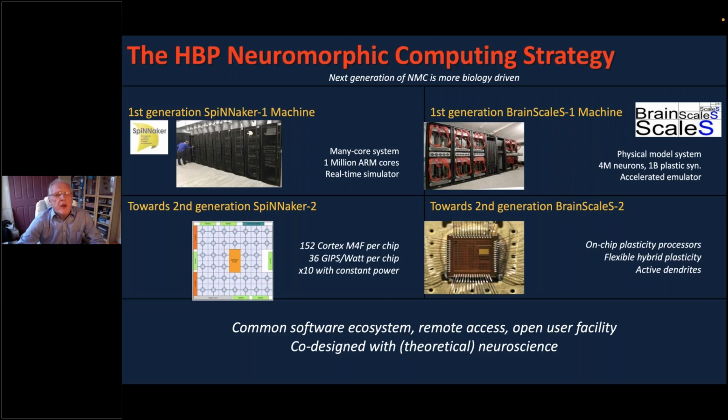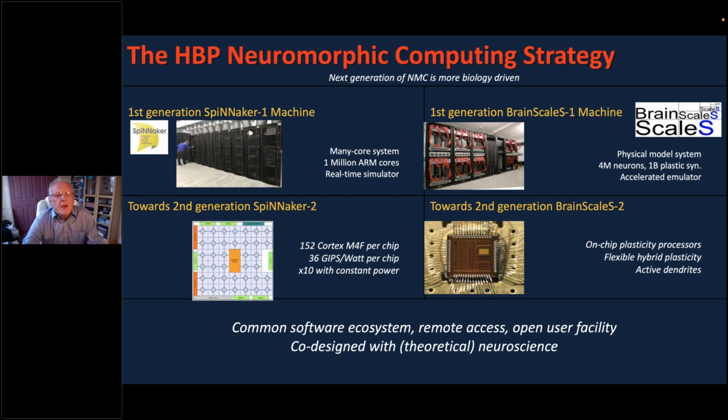Now, within the Human Brain Project, there's been support for two different lines of large-scale neuromorphic engineering. The SpiNNaker machine developed by my team at Manchester works on the basis of many-core emulation, so it's really a large-scale computer with some features that are tuned to the brain modeling application. And the second large-scale system is the BrainScaleS system developed at the University of Heidelberg in Germany, which in many ways is much closer to Mead's original concept of building electronic circuits that model the behaviors of various features of the brain.